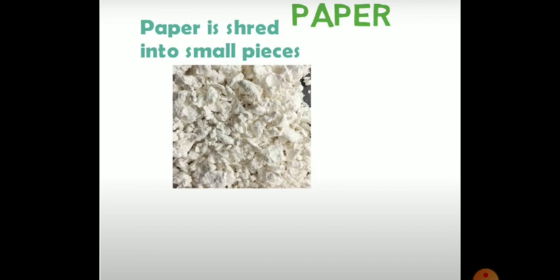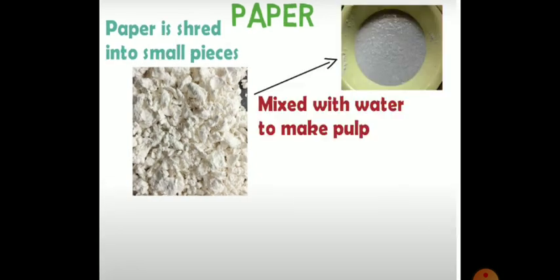Now, first of all, the paper which is of no use, for example an old newspaper, we will just shred it into small pieces. Then we will take a tub, pour some hot water in it, soak the paper pieces in it, and leave it for a day. After that,